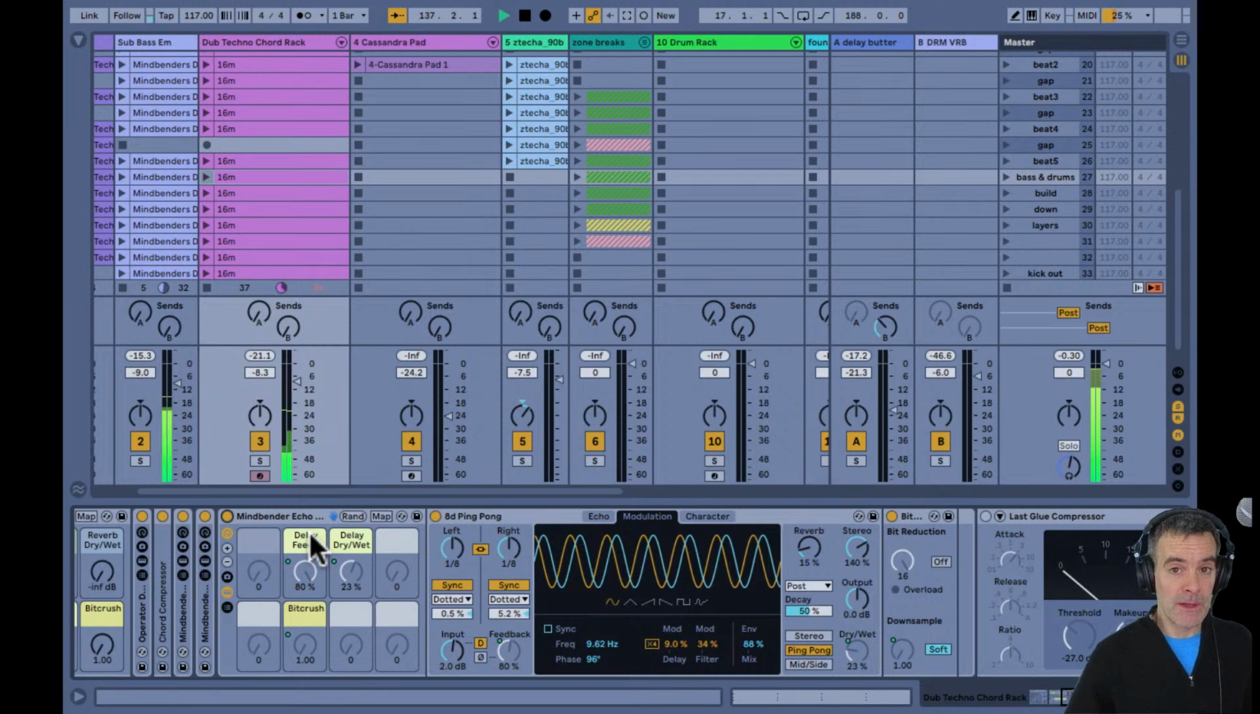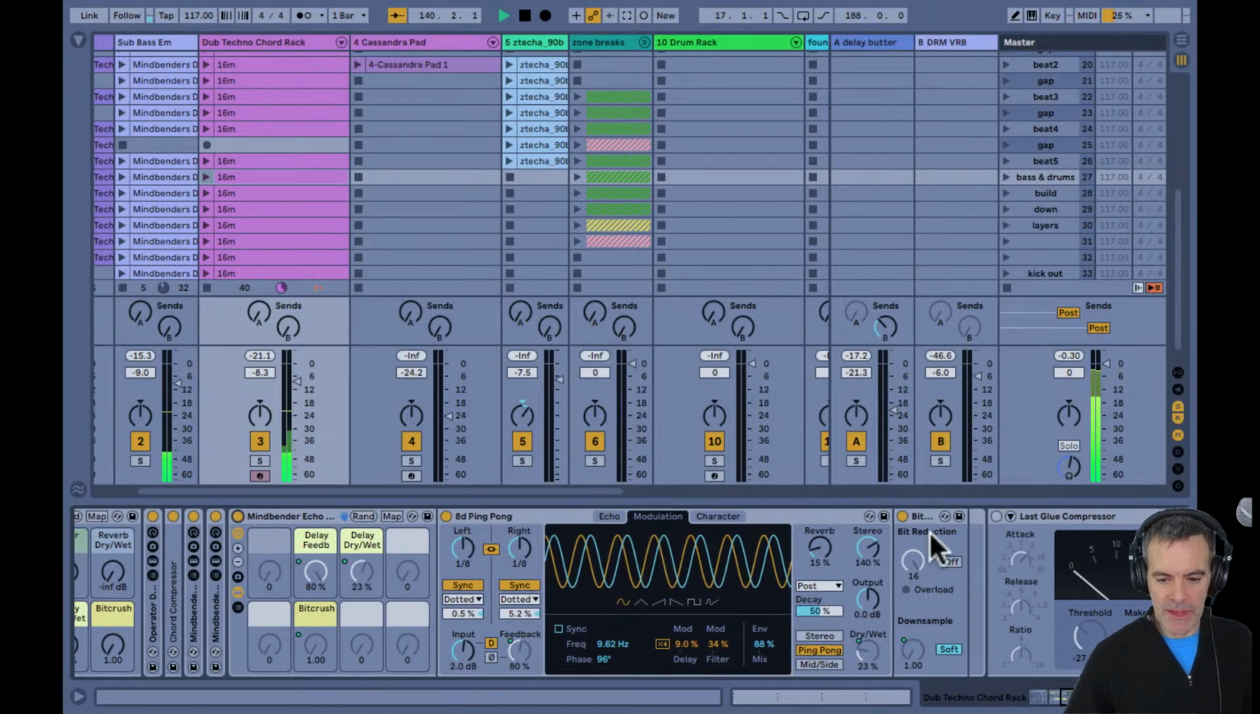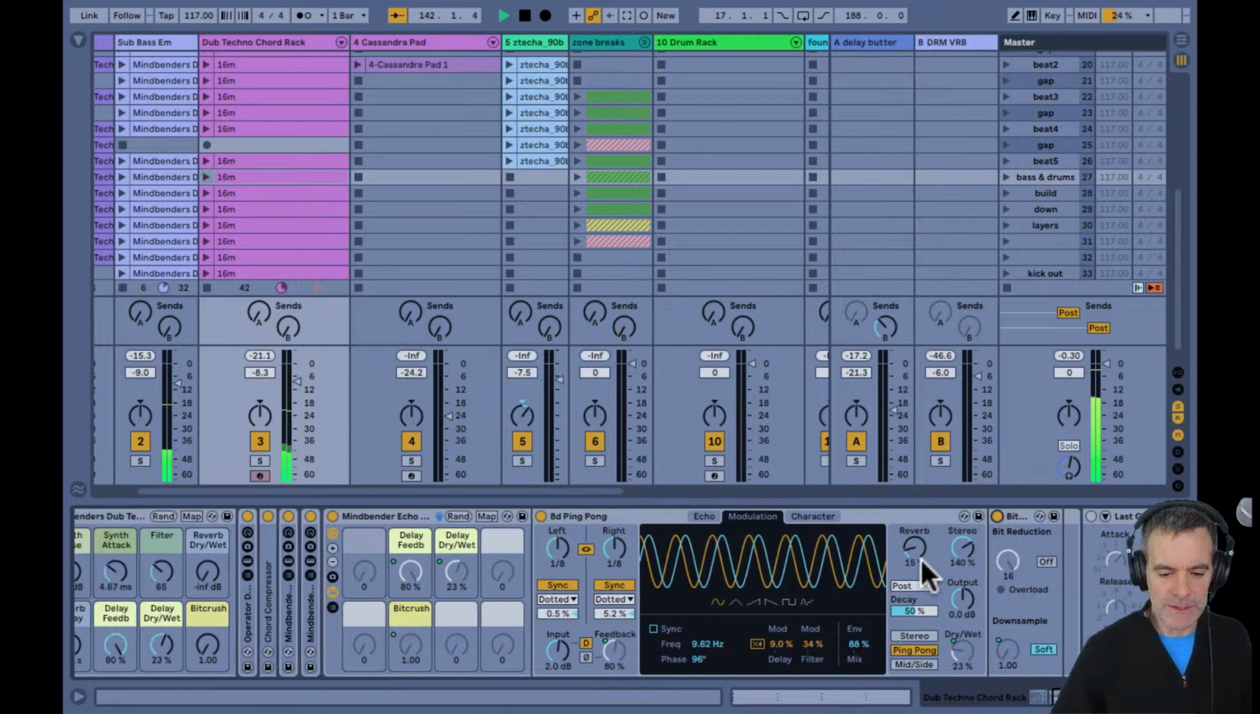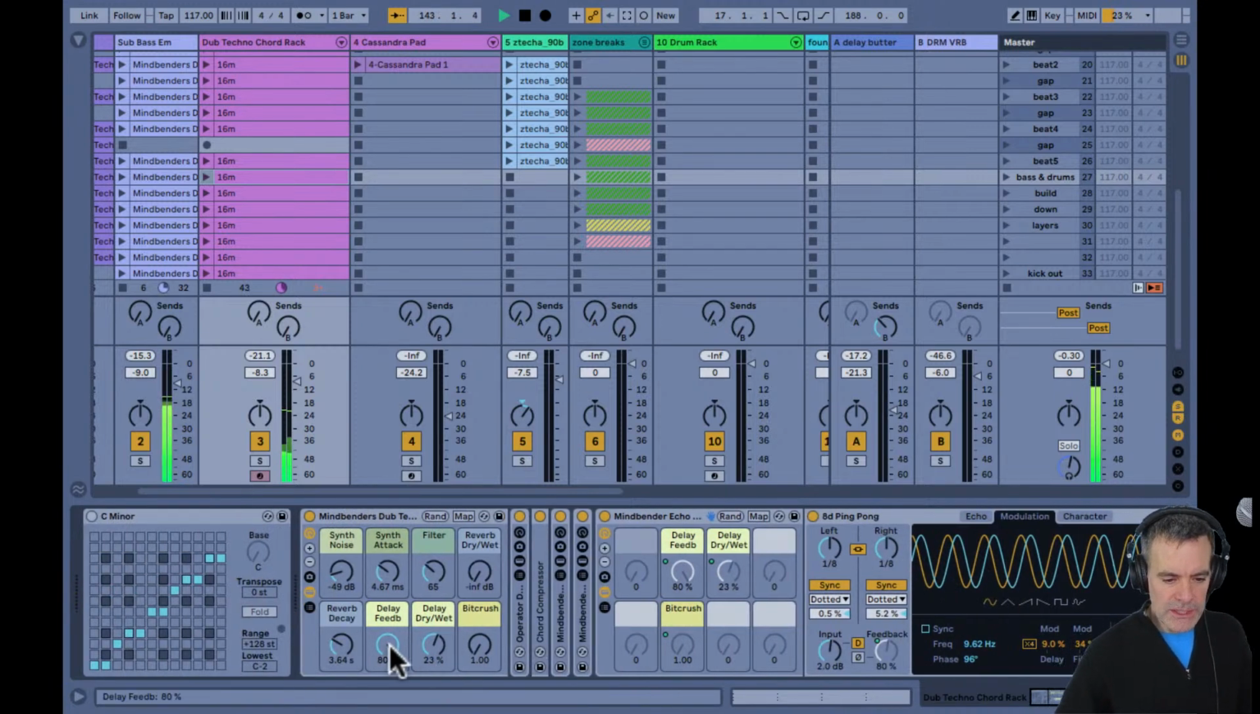Feedback is a time of how long the feedback is going to bounce around. Dry, wet on the delay, and bit crusher, which is a separate thing after the delay. Okay. And then there's a final glue compressor. So what do we do with